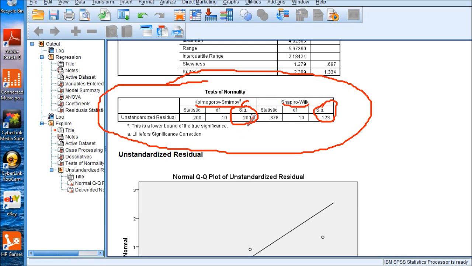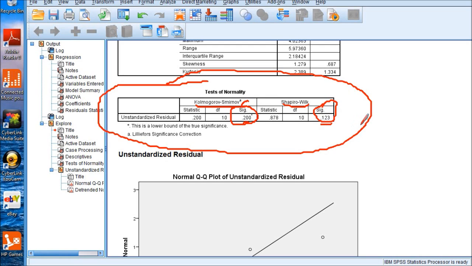The p-values here are 0.2 and 0.123 for the KS test and SW test respectively. All these p-values are greater than the 0.05 alpha level.